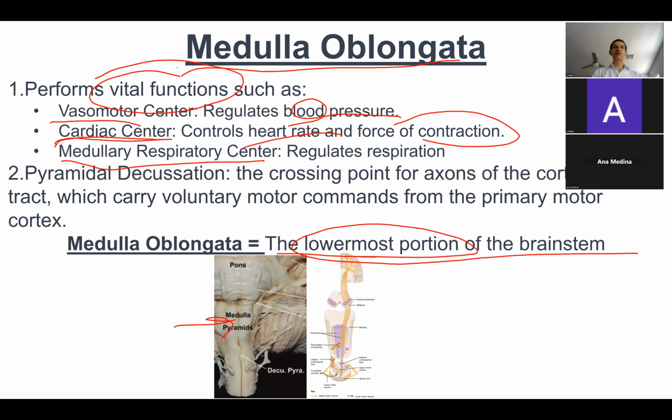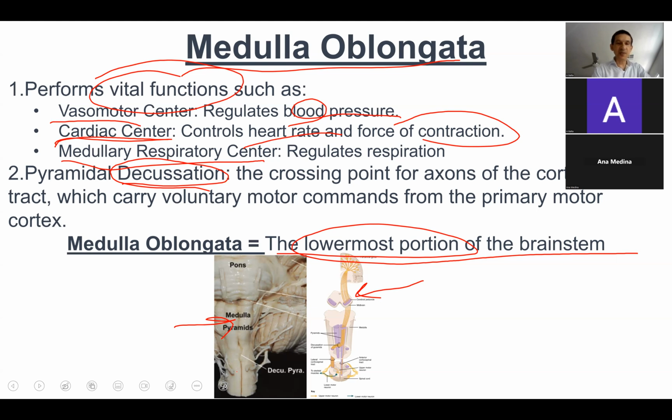One more thing that medulla has that is pretty unique, that's a crossing. A crossing in Latin is called decussation. So there is a crossing. This happens at the level of the medulla, so we call it medullary decussation. And this is the crossing of the tracts that we saw earlier, the peduncles of the midbrain. Okay, so those midbrain peduncles go down, and the tract itself is called pyramidal tract, because